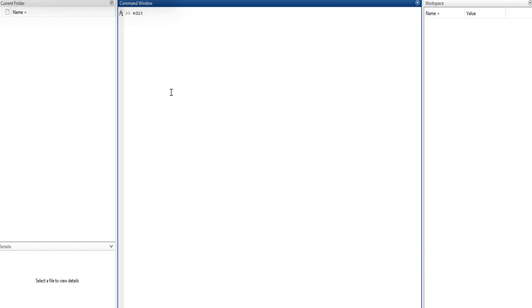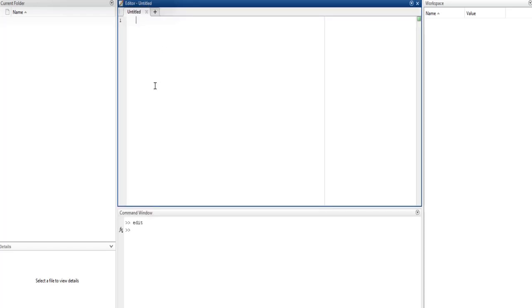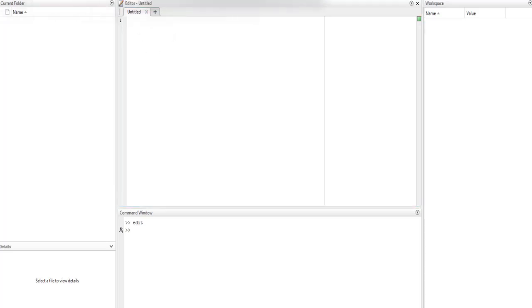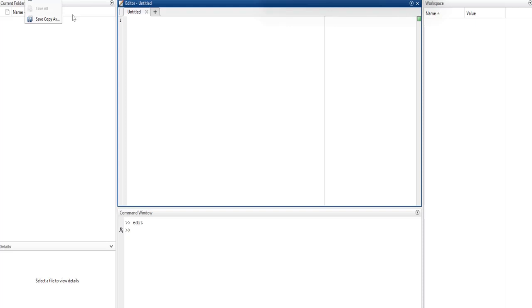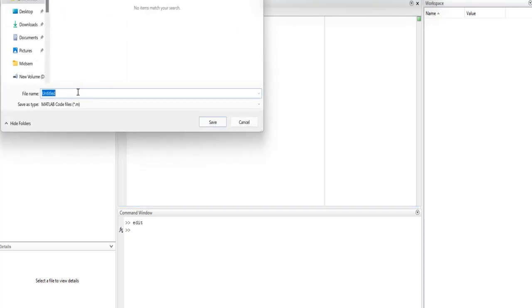Write edit in the command window. This is the command window, and when you write edit, this editor pops up where we can write our code. The first thing to do is save this M file, and I am saving with name Gauss-Seidel. Okay,